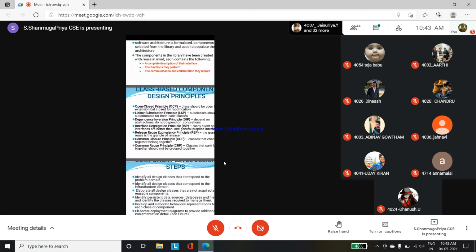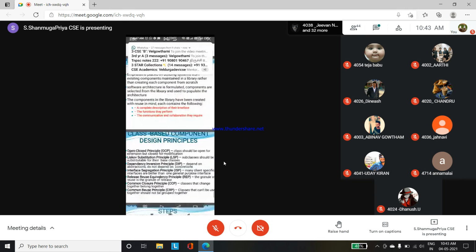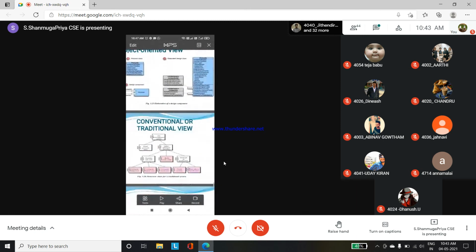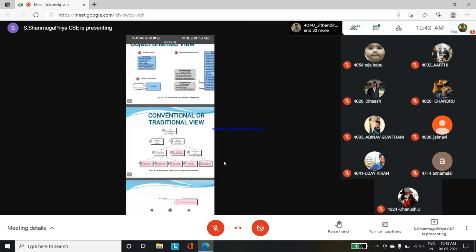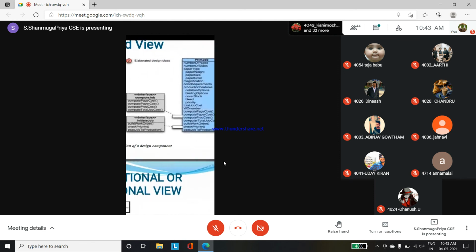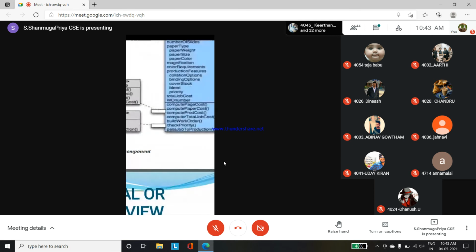Before the construction activities, before the coding part, we are able to identify. See, before the coding part, this is the example diagram of class based design. So through this, in the print job class, what attributes are there, sub attributes are there, we are able to identify. And operations, so see here, page cost, paper cost, these are some of the operations, in the sense what type of functions they are using, that also I can identify.